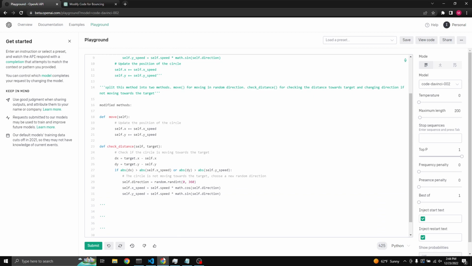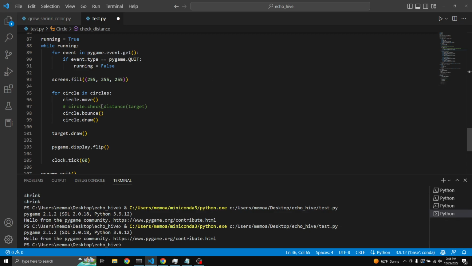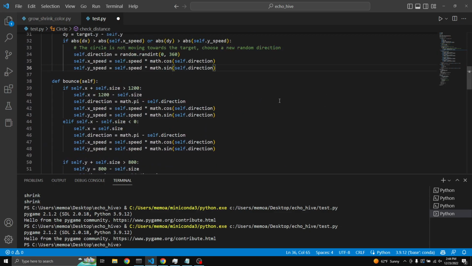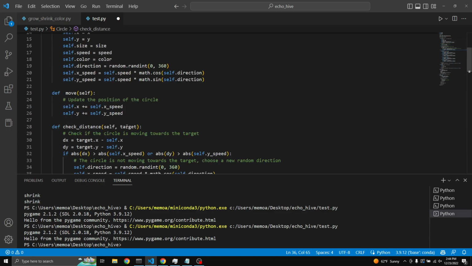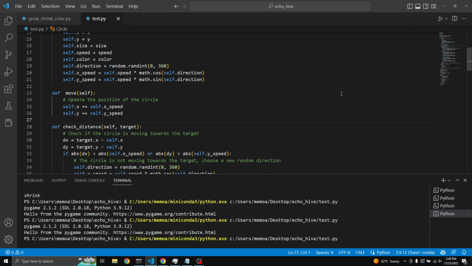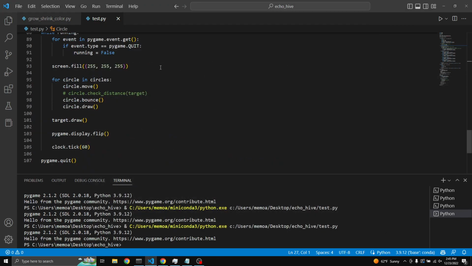And these work, kind of. I pasted them here, as you can see. And I have commented out the check distance for now. We'll also have to remove the target from the move method, because only the check distance is accepting the target now. So anyway, without checking the distance now, we got what we want as far as the movement of the particles, the circles. But if we enable the check distance, again we